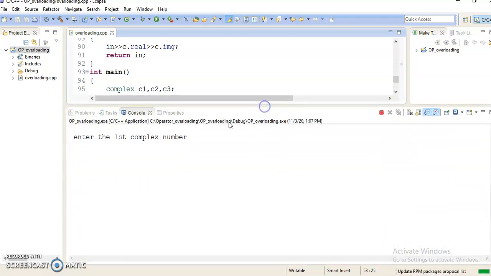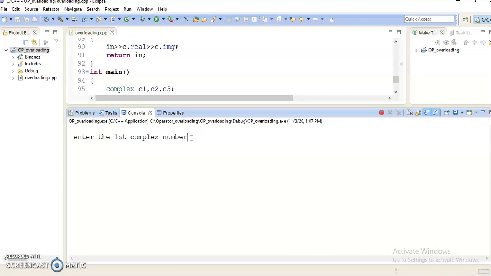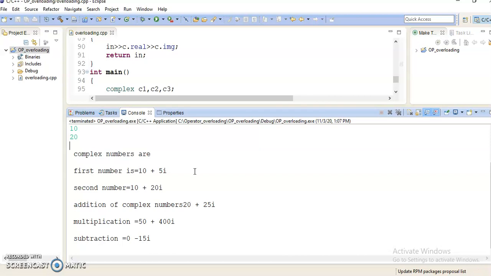Here is the output screen. Enter the first number. So I enter the real part as 10 and the imaginary part as 5 for the first number. Now the second number, I will enter as say 10 and 20. Now see the output. First complex number is 10 plus 5i, second complex number is 10 plus